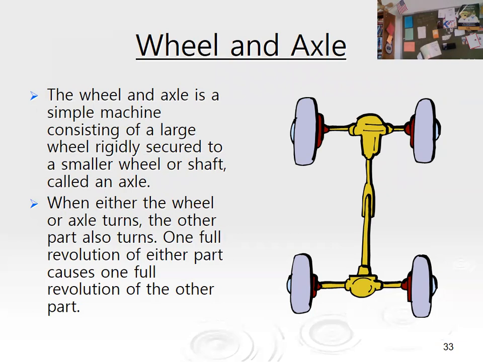Is this the wheel and axle? Yeah, certainly. You have a larger wheel that's attached to a smaller thing. Certainly. Okay, so that's definitely a wheel and axle. Now,